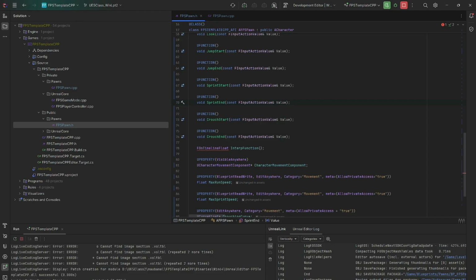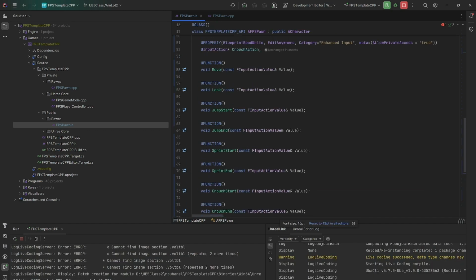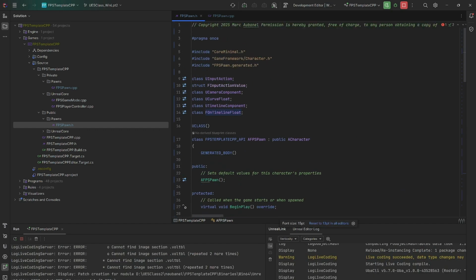That looks right. Did I just misspell it? Just a second. Copy and paste it. See if I've got a slight spelling error. Or did I not make my forward declaration proper? Or maybe I do have to include it in the,